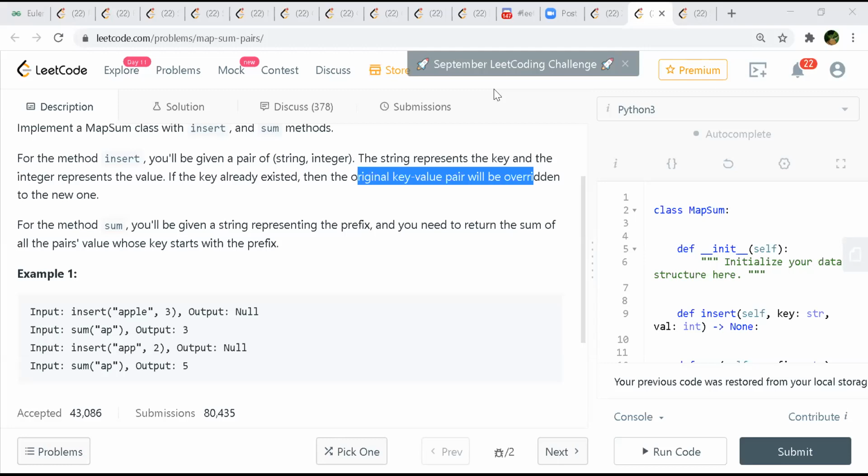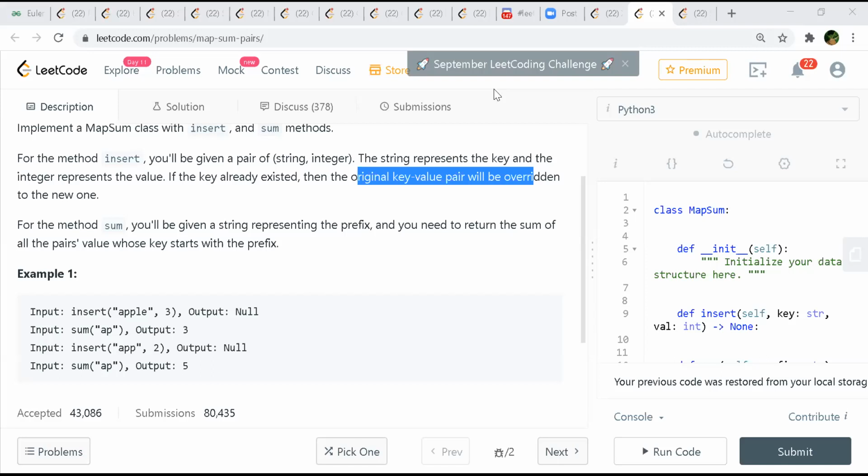As soon as I find a prefix, for example, for APP, I'll look for A first. I won't find it. I'll look for AP. I'll find it. I'll then look for APP. I'll find that. So I'll add the value part cumulatively. So that would be O of n, right, in the sum part?